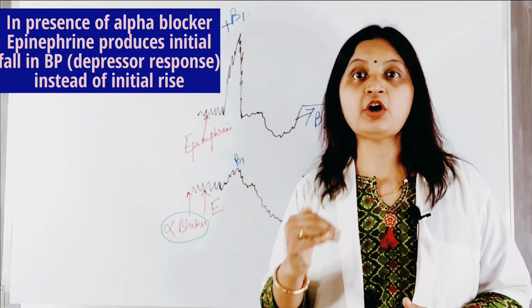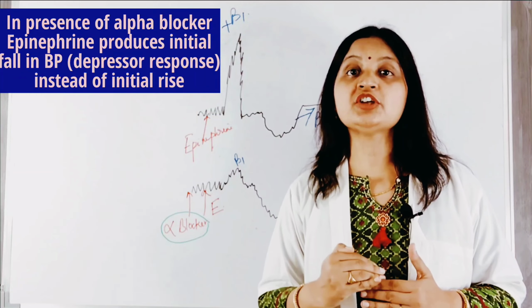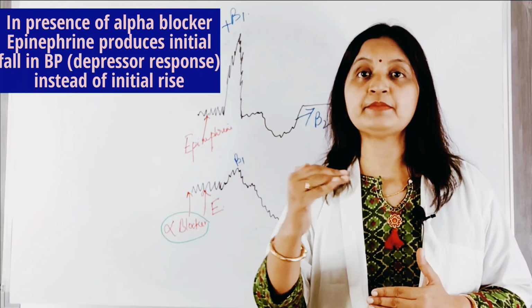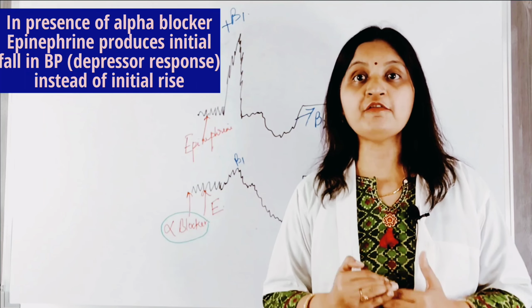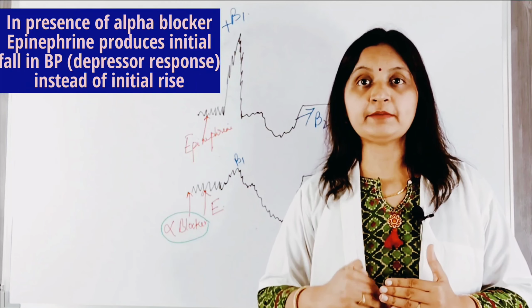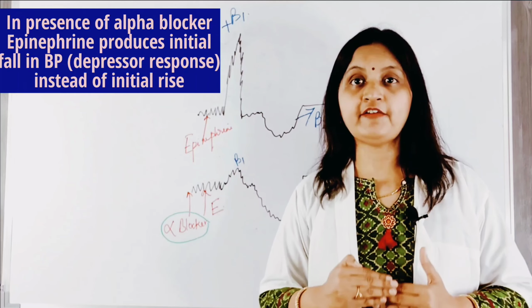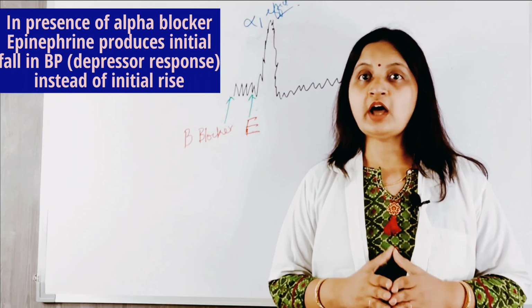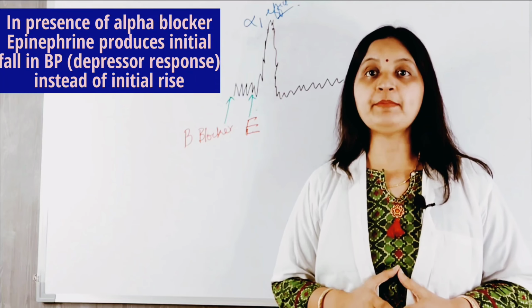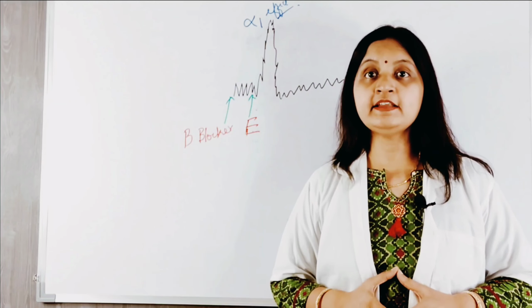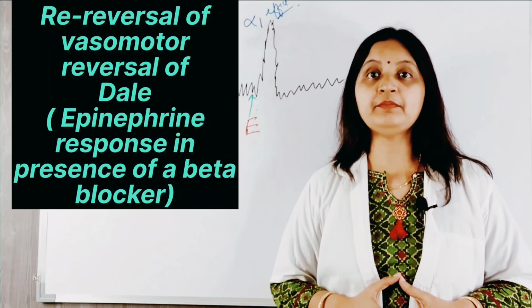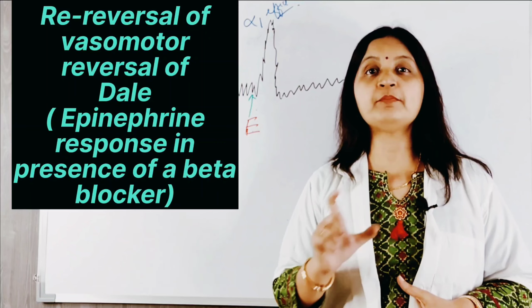That is the reversal of the initial phenomenon. The initial phenomenon was a rise in blood pressure, but in the presence of an alpha blocker, a fall in blood pressure is seen, which is the reversal of the initial effect. So now that we have seen the effect of epinephrine alone, and the second situation where epinephrine is administered in the presence of an alpha blocker,